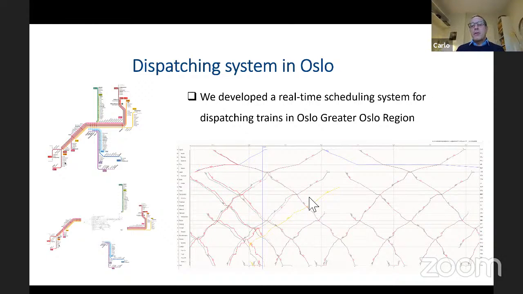So basically, what the dispatchers see, at least the dispatchers taking care of the lines incident to Oslo S, is a train graph, something like you see in this picture, which is nothing more than a Euclidean plane with some lines. Every line corresponds to a train, and it's the trajectory of the train through the stations of the line. On the y-axis you have space, the stations, and on the x-axis you have time. The blue vertical line represents now, the current time. Everything on the left is in the past, and everything to the right of the blue line is in the future. So what you see on the right is what our algorithm predicts, or rather decides,